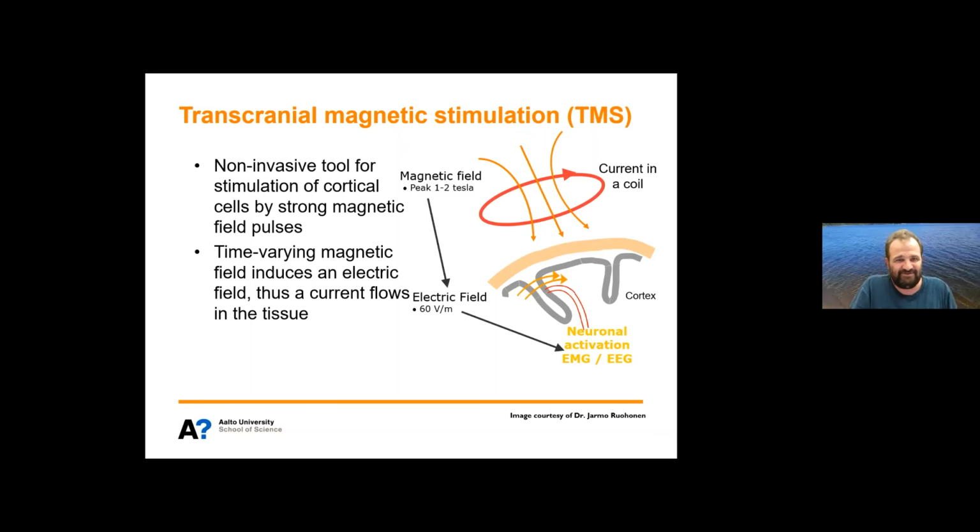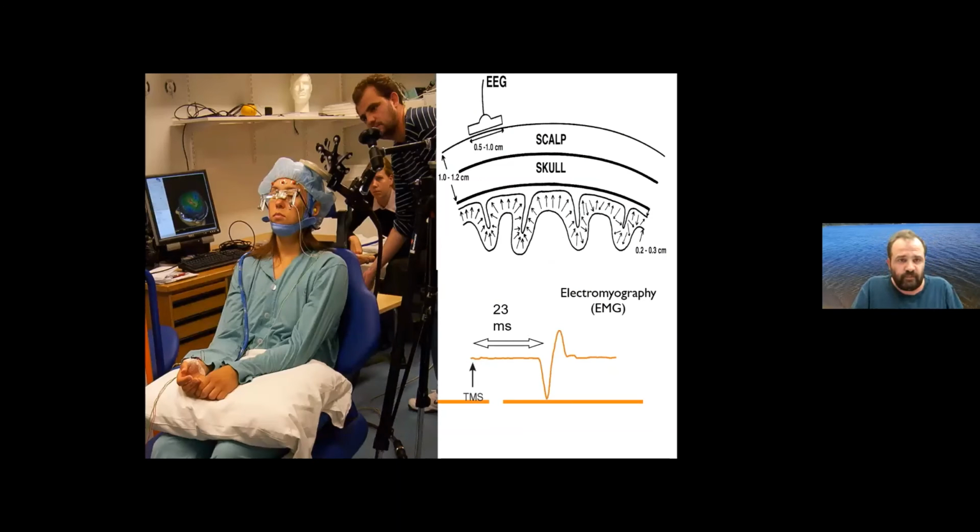What is TMS? You probably all know, but it's a non-invasive tool for stimulation, and it uses a magnetic field that becomes electric in the cortex. So it sees the skull as transparent. You can have a coil over the skull, and you can record activity from the muscles. Like with one pulse, by changing the coil, you can do mapping and get different muscle responses, and you can also place the EEG cap and get also EEG responses.